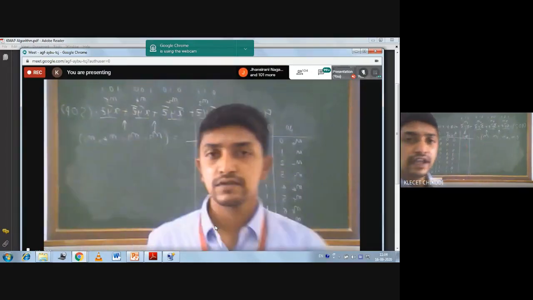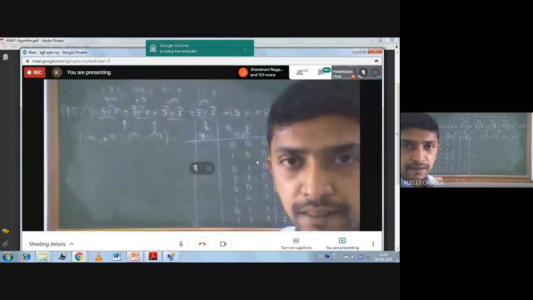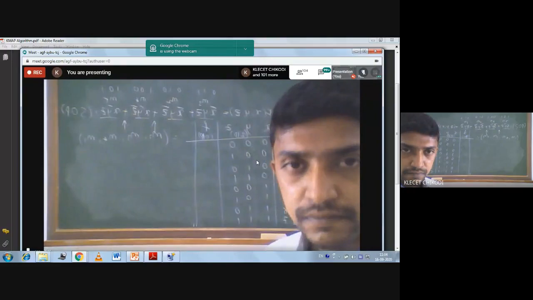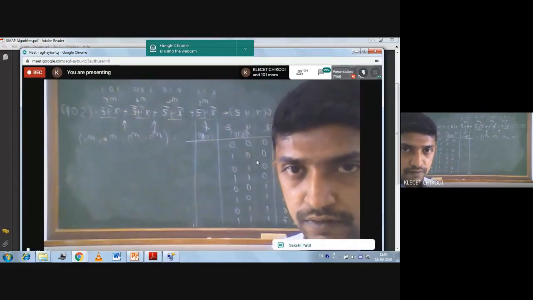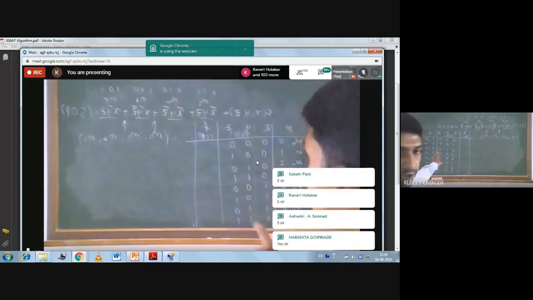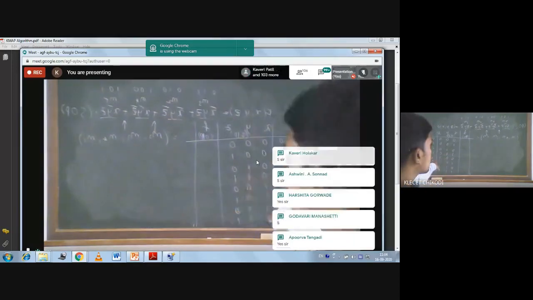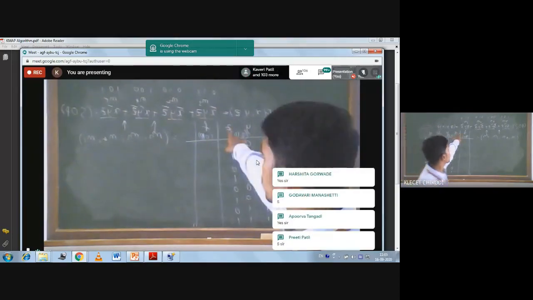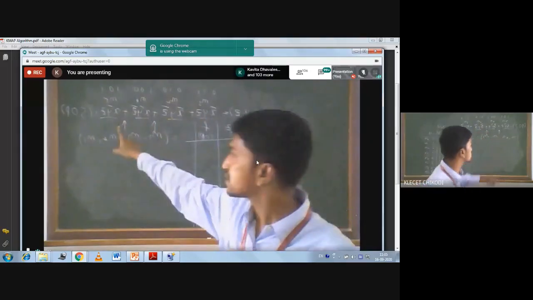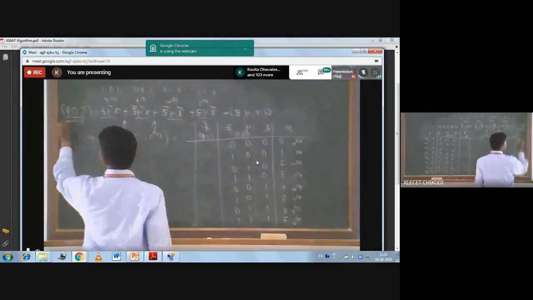So is it clear till now? For the given problem statement, we have written the truth table and from it we have identified the minterms. Now, since it is a SOP, listen carefully.